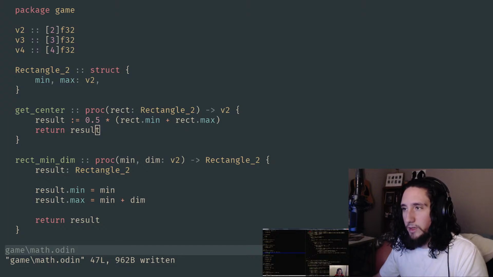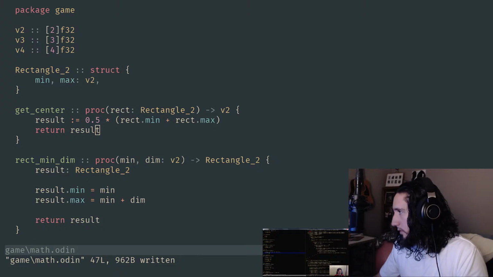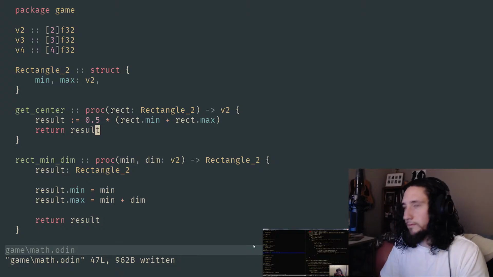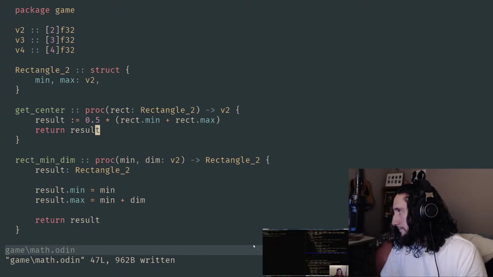Okay, yeah, let's see if we can get to the halfway mark. At that point, I'll feel fine with wrapping up the stream early. Center. So if you want to get the center of a rectangle, you could do it that way, and so on. So that just gives us a little more flexibility there, and then we're good.